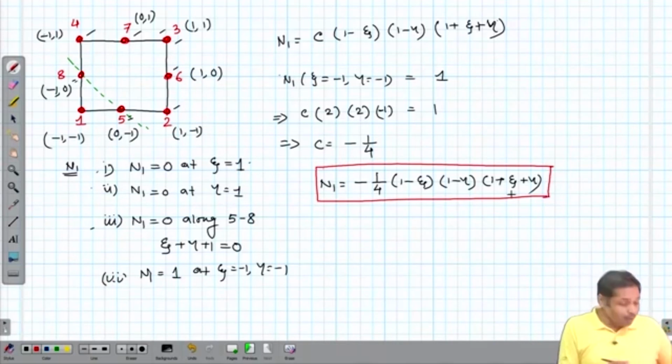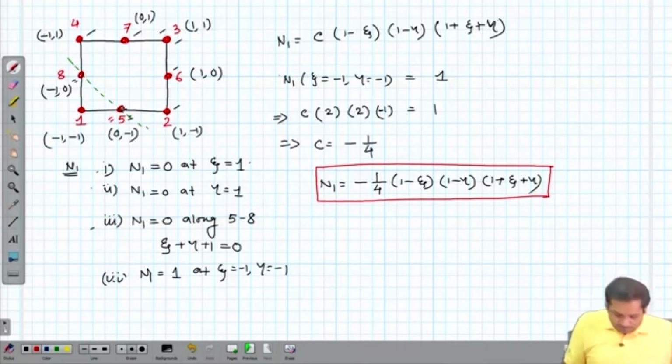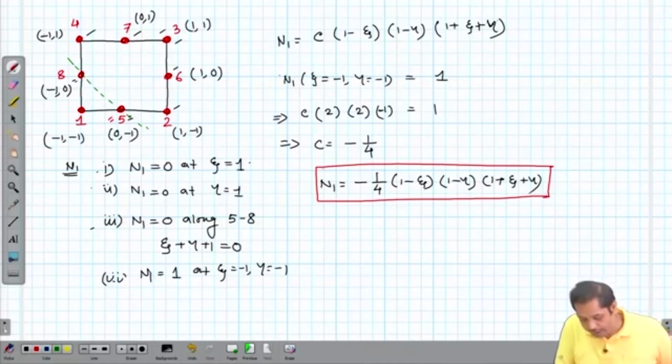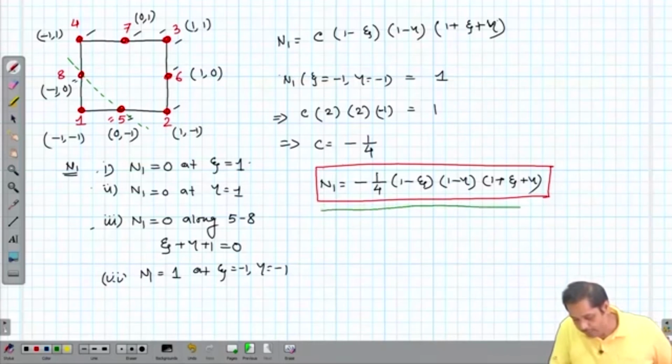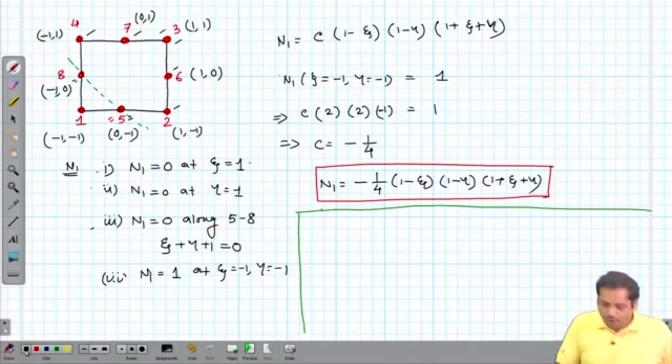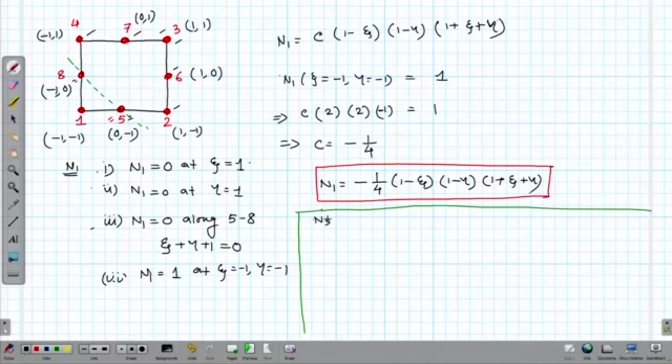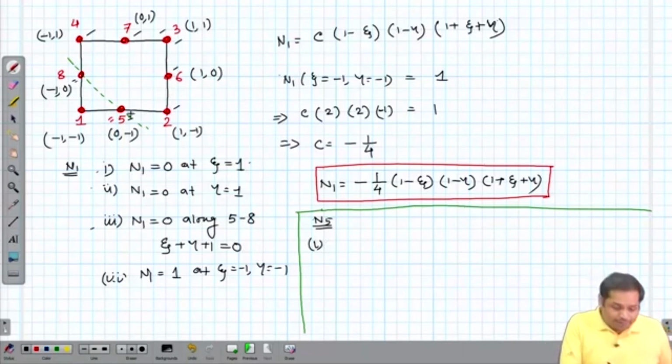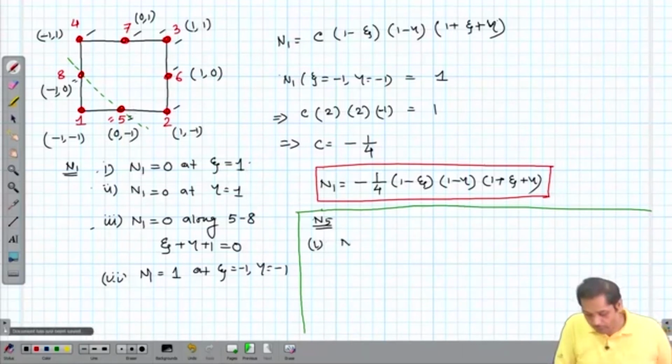Okay. Now same thing we can do for other nodes. Let's do that exercise for node number 5 once again. So let us write the conditions here. This is for node number 1. Let us write for node number 5 now. Node number 5. Let us write the condition. Condition is what? N5 should be 0 at